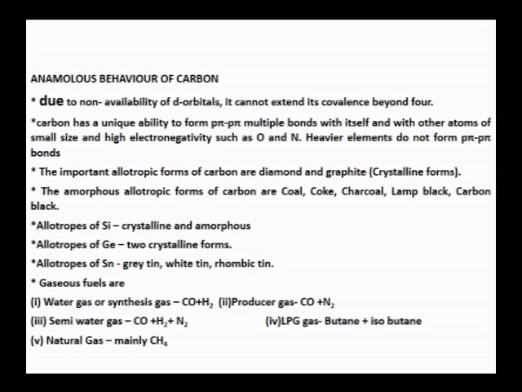And almost all the members of the 14th group exhibit allotropy. Silicon exhibits allotropy in the form of crystalline and amorphous silicon. Similarly, germanium also has two crystalline forms, and tin exhibits allotropy in the form of grey tin, white tin and rhombic tin. And lastly, the composition of some of the gaseous fuels, if I have to mention,